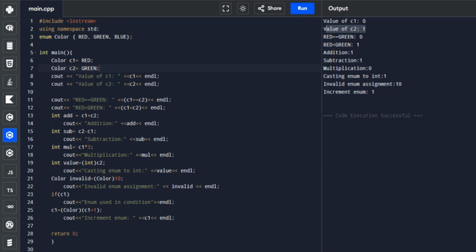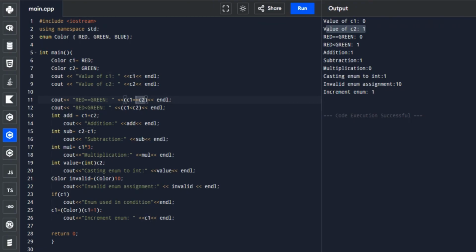Now we are having our next operation, which is equality comparison. We compare if red equals green. Our red here is C1, and our green is C2. The value of C1, which is red, is 0, and C2 is 1.